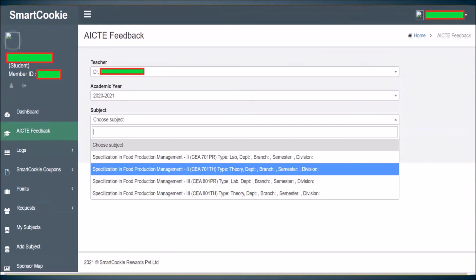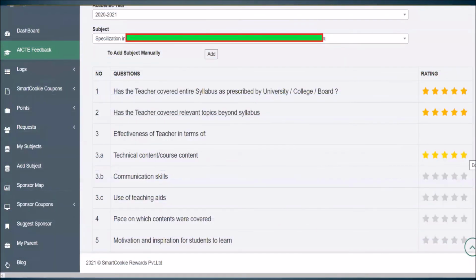Once you select the teacher, the next option it will give you is academic year by default 2020-21, and then you need to choose your subject. There are various subjects given for that particular faculty, maybe 1, 2 or more. So you need to check on that particular subject. You click that particular subject one at a time. That is, once you finish the first subject, then again you need to do on to the second subject. So one subject you click, and on the next page it will give you 9 questions that you need to put a rating by marking the number of stars.